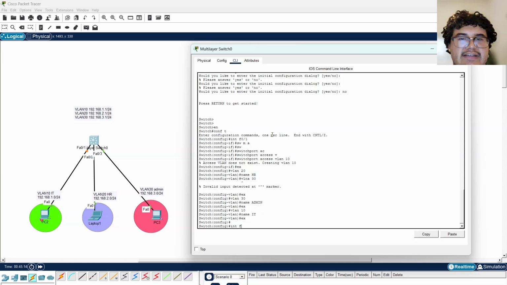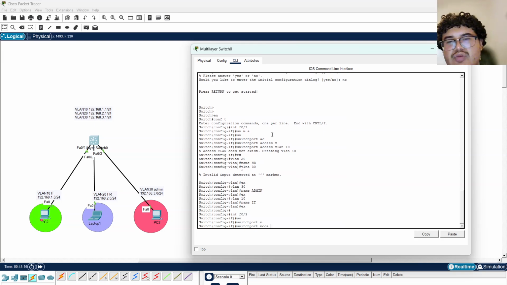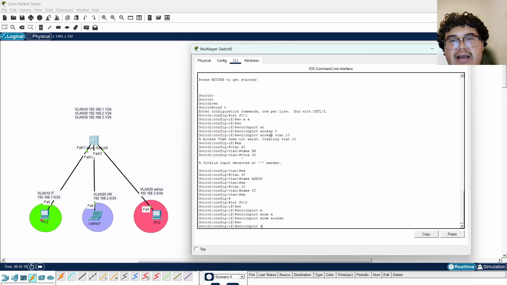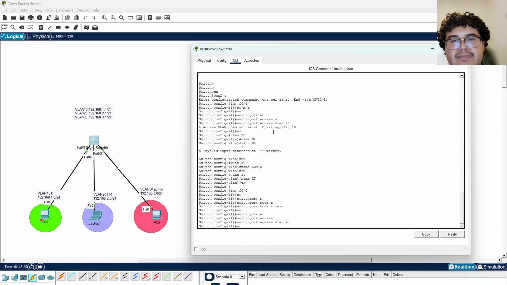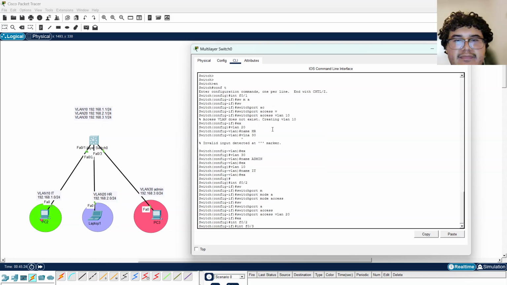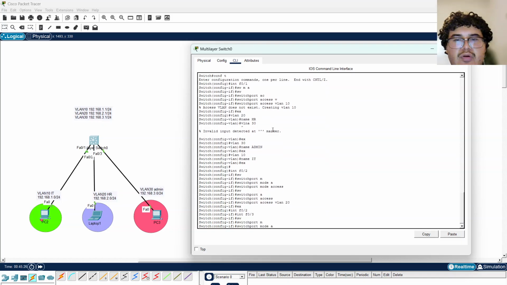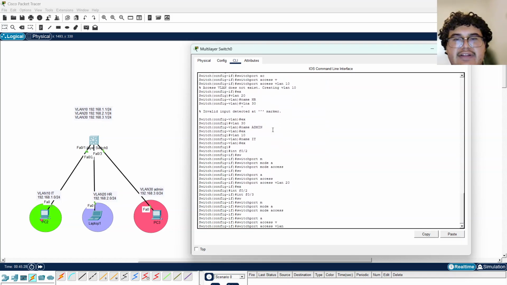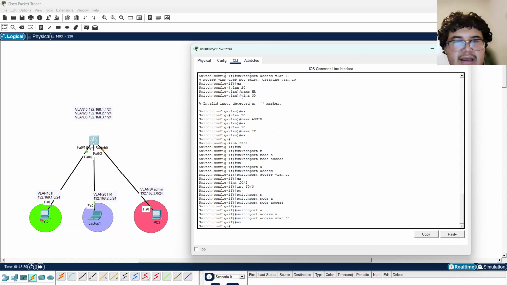We'll do interface FastEthernet 0/2, switchport mode access, switchport access VLAN 20, exit. FastEthernet 0/3, switchport mode access, switchport access VLAN 30, exit. And now let's create the actual SVIs, or switch virtual